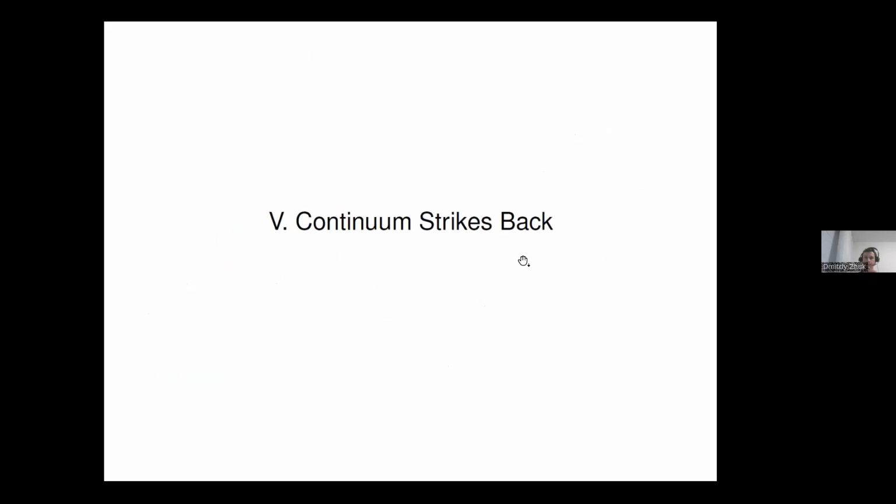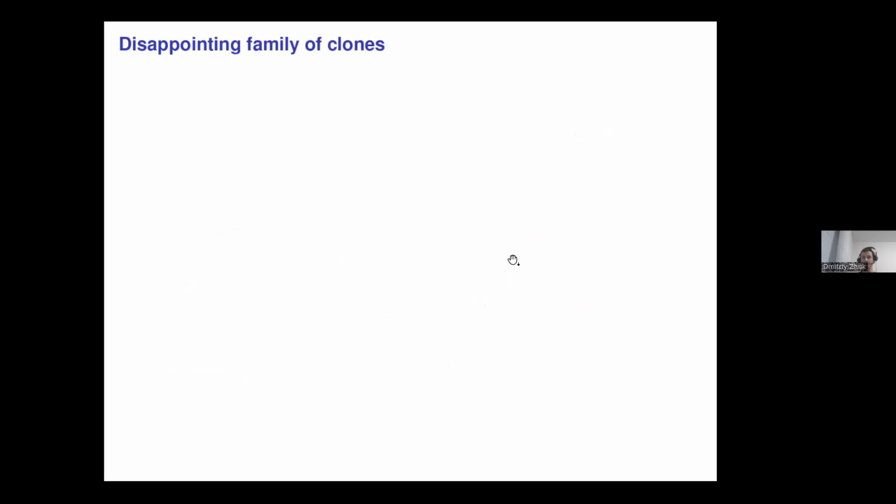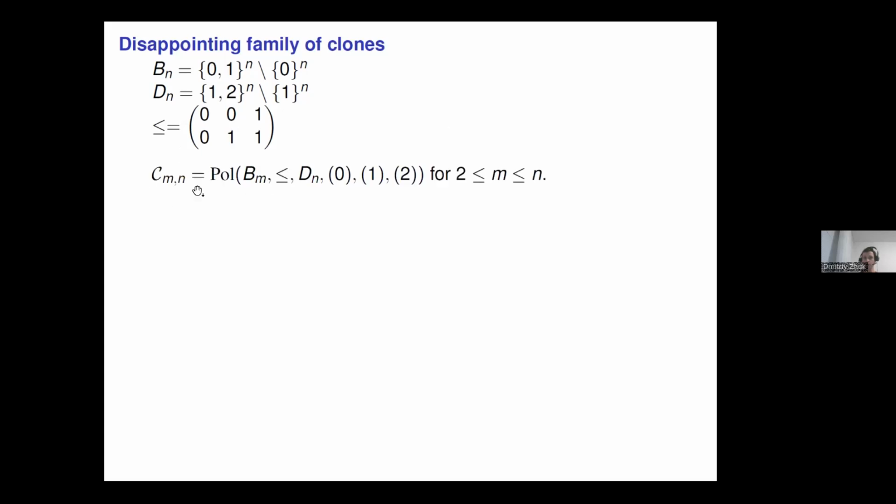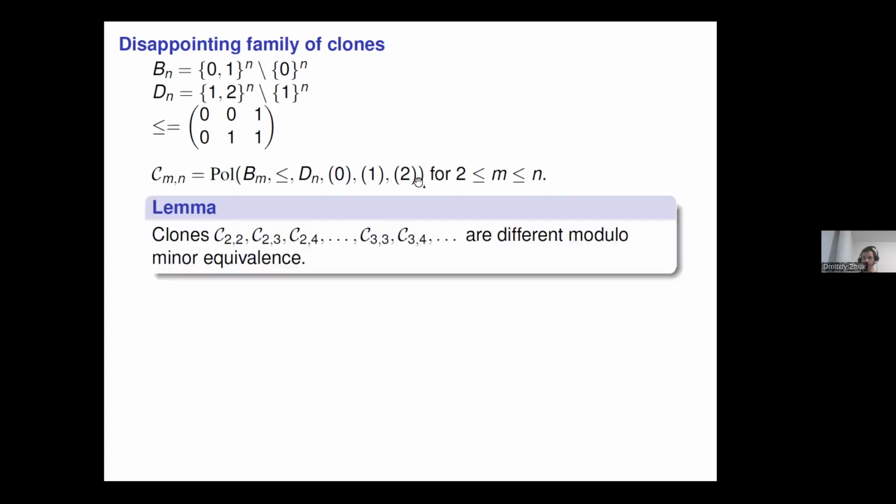Okay, but it turns out that not everything is that good. We have bad examples, or at least I think that they're bad. And let me give you one of these examples. Let's consider the relation on the two-element domain 0, 1, and this relation on 1, 2. Okay, and this is the less than or equal relation. And then using these three relations, considering them on the three-element domain 0, 1, 2, I can build clones T_{M,N}. For every M and N, I build a clone. Very easy. And I can prove that for any integers M and N, these clones are different modulo